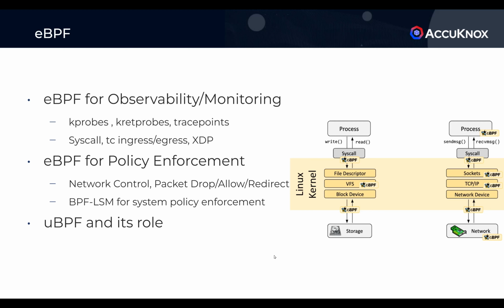Yeah, uBPF has that added advantage that it need not necessarily be the Linux kernel. You can make use of it on Mac and Windows, but I believe the components that we are talking about are mostly on Linux. But another important point is that you have a lot of user space networking done on DPDK and fast path transport, right? Those could be brought under the purview of uBPF, and you will have the same consistent BPF bytecode that can be used either in user space with DPDK or in kernel space. And you'll get the same or similar hook points, and then you'll be able to do all the statistics, observability, monitoring, and all those kinds of cool stuff.